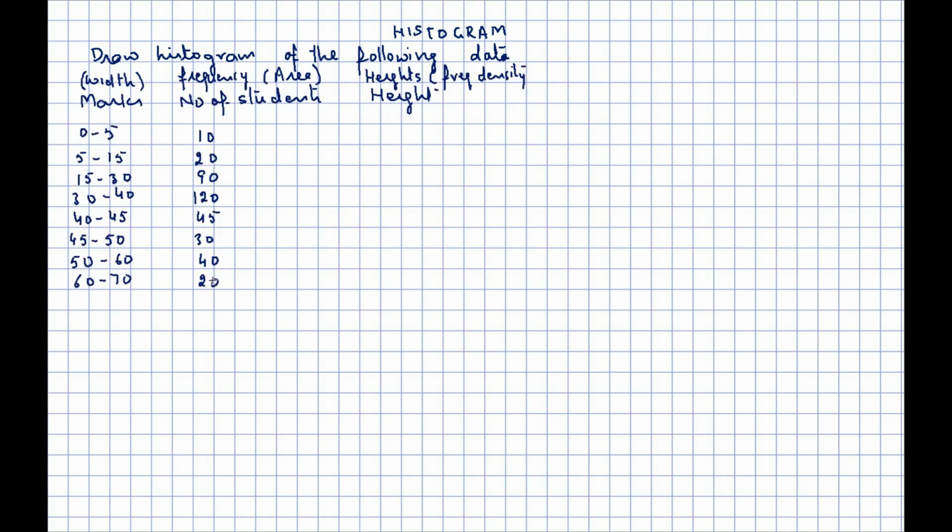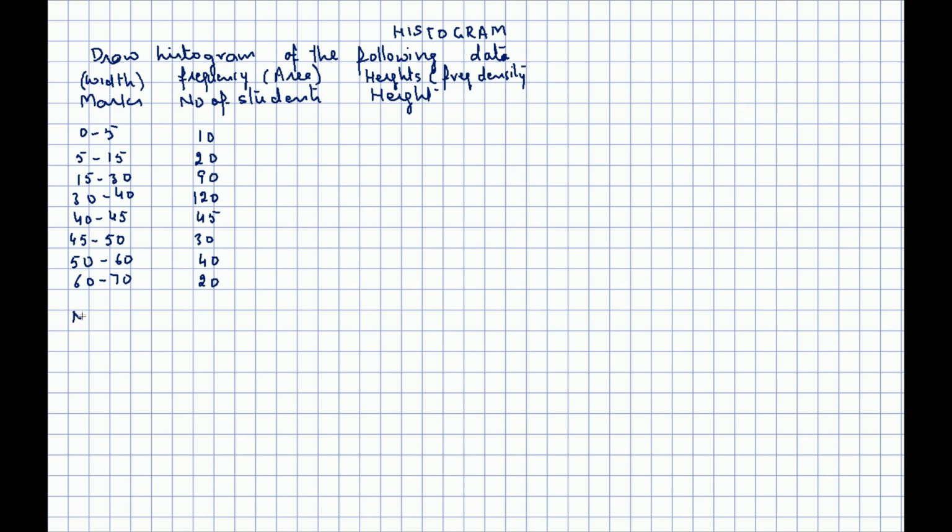Coming to frequency distribution graph, using simple frequencies, we will now draw a histogram. Histogram is a series of adjacent rectangles consisting of a width and a height. In this table, marks of students are specified. Example, marks of 10 students are between 0 to 5, marks of 20 students are between 5 and 15, and so on and so forth. To understand how to draw a rectangle to represent this, consider marks as width of the rectangle. Consider frequency, that is number of students here, as area of the rectangle.